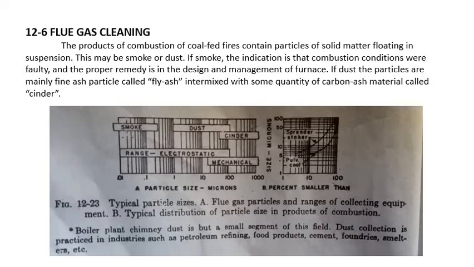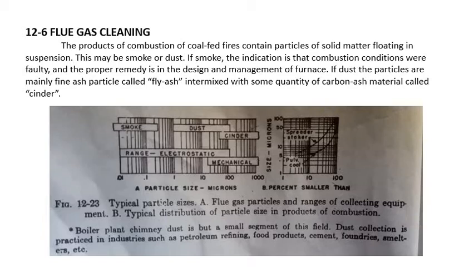So, flue gas cleaning. The products of combustion of coal-fired furnaces contain particles of solid matter floating in suspension. This may be smoke or dust. If smoke, the indication is that combustion conditions are faulty. The proper remedy is in the design and management of the furnace. If dust, the particles are mainly fine ash particles called fly ash, intermixed with some quantity of carbon ash material